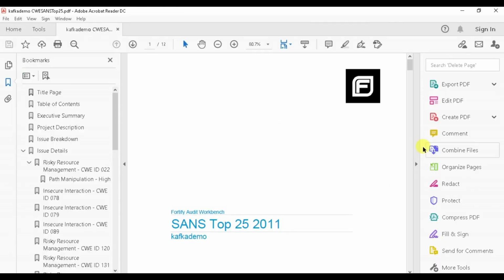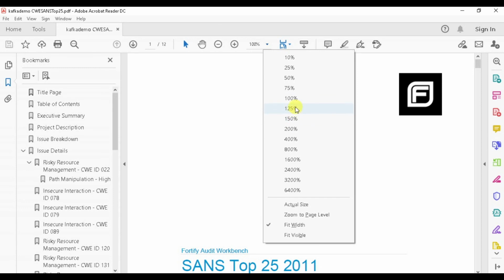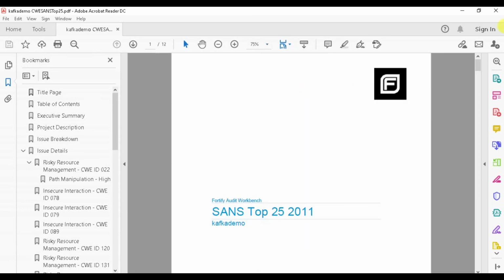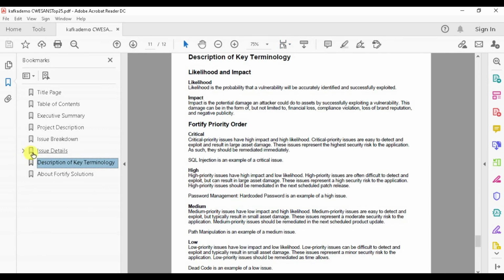Okay, so here comes the report, and let me fix it so that you guys can see it in a very good way. So these are the issue details that it is showing right now, and there is key terminology and Fortify priority order. It's showing you how Fortify keeps its order.